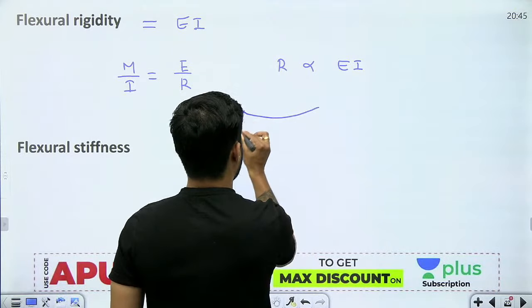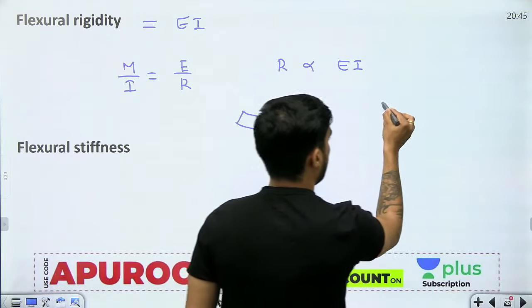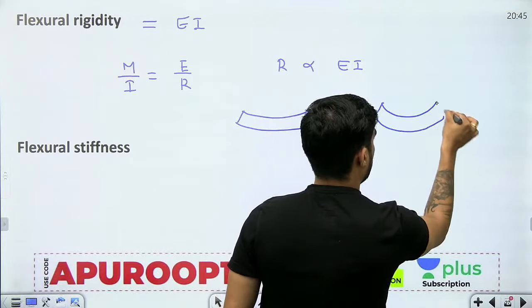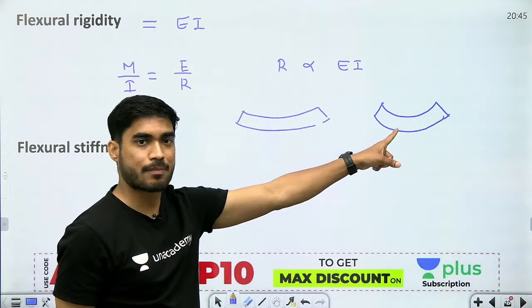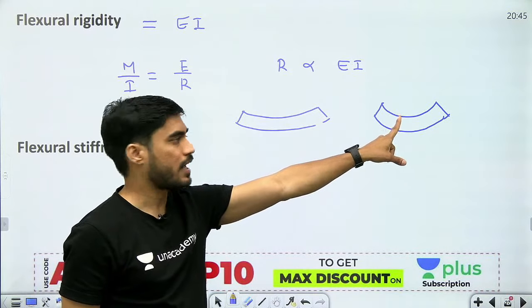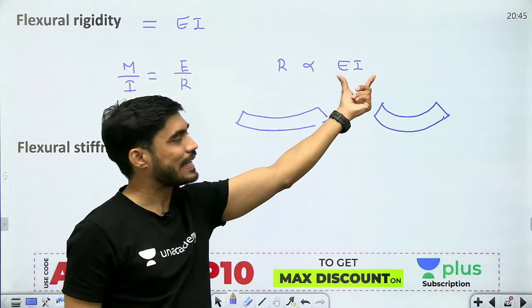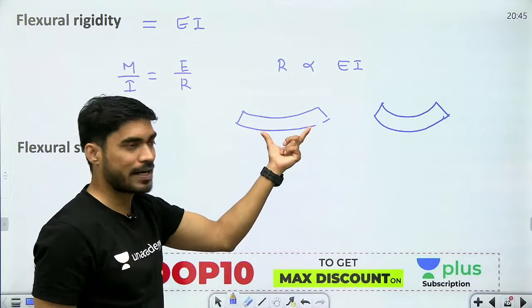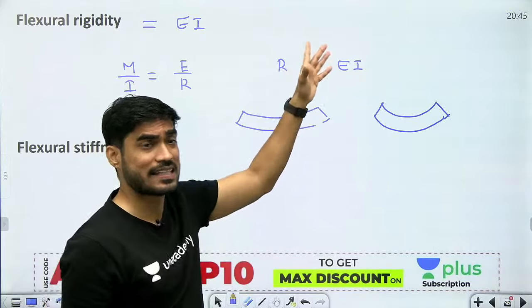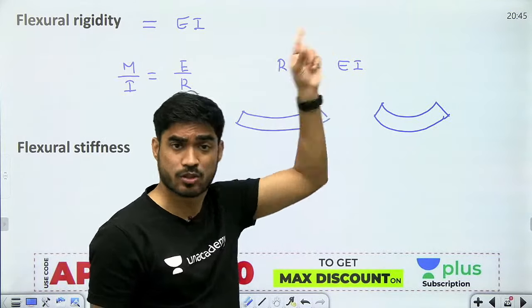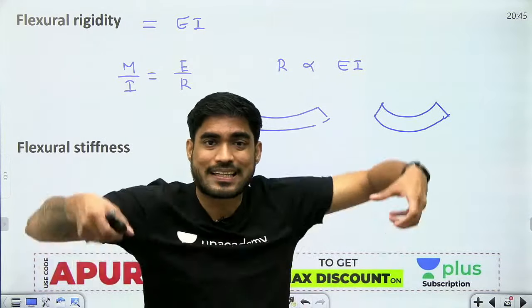जैसे मान लो ये है, ठीक है, और ये है, तो इन दोनों में ज्यादा बेंडिंग किसमें हो रही है? इसमें हो रही है, और कम, इसका R जो है वो कम है ना? तो बेटा R कम है मतलब इसका EI भी कम है ना? कम बेंडिंग इसमें हो रही है, इसका R ज्यादा है, यानी इसका EI भी ज्यादा है। तो जितना ज्यादा EI उतना ज्यादा R, मतलब उतनी कम बेंडिंग।